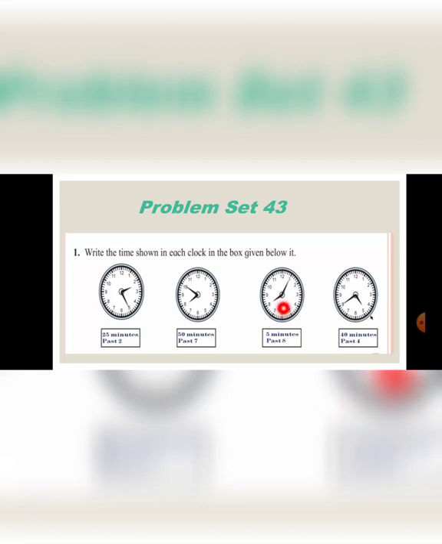Then the next is the hour hand on 8 and the minute hand on 1. So it is 5 minutes past 8. After 12 o'clock, after 12 the time changes. Okay. Then the small hand is on 5, that means the hour is on 5 and the minute hand is on 8. So it is 40 minutes past 4. After 12 it will be a complete 5 o'clock, but now it is still 4 only, so we count the numbers like this. So it is 40 minutes past 4.